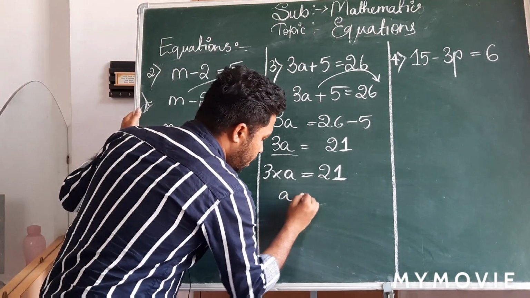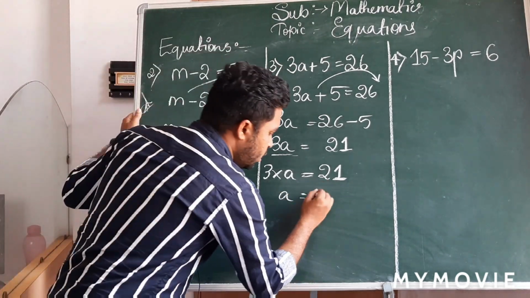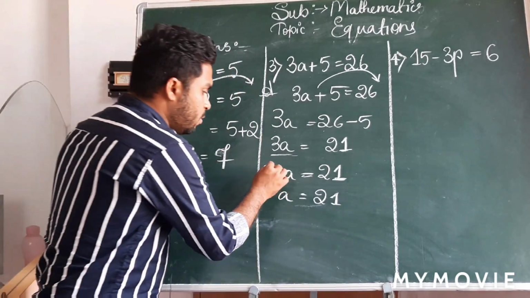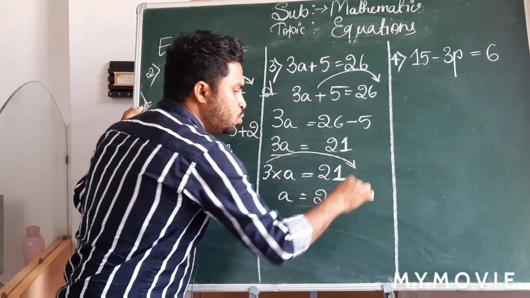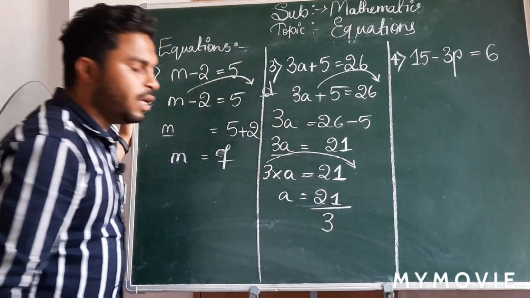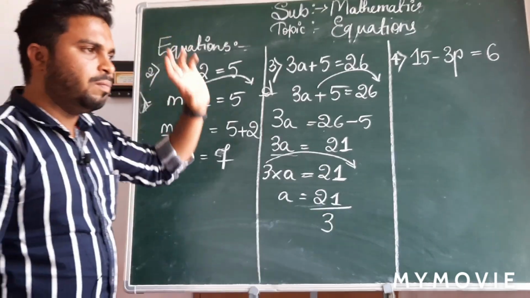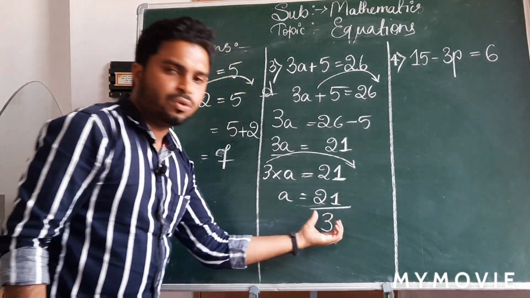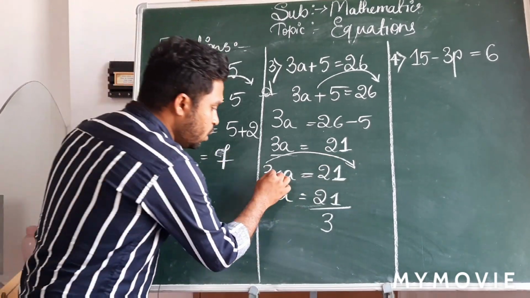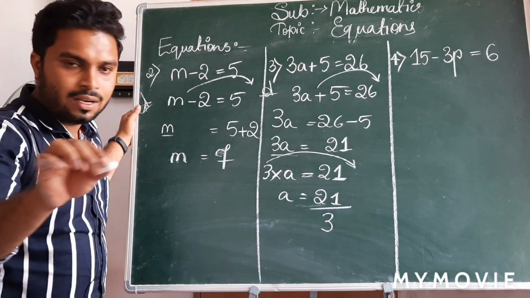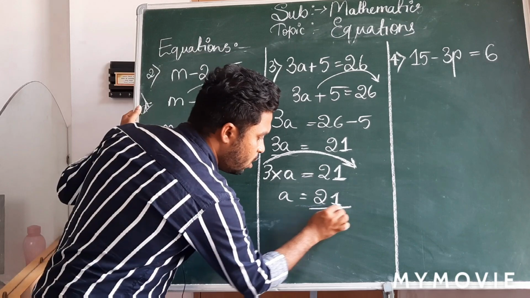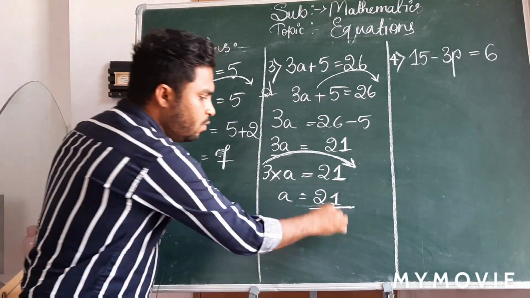Now you will keep a as it is, 21 also as it is. I have told you, when the multiplication sign goes to that side, it becomes division. Again, some might have a doubt, sir, why does it come to the denominator, sir? Why won't it come here, sir? Why? You know, in between you have multiplication. If this multiplication goes to this side, it becomes what? Division.